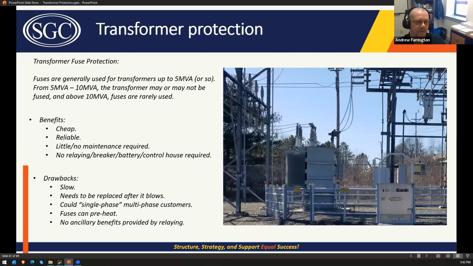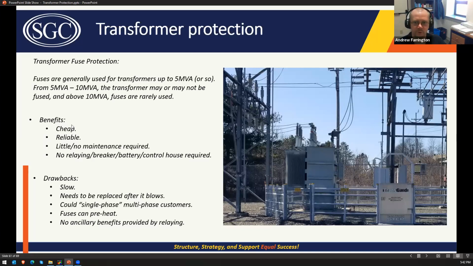Above 10 MVA, you're going to be hard pressed to find a 20 MVA fused transformer. I'm sure some are out there, but once you get above 10 MVA or so, you stop